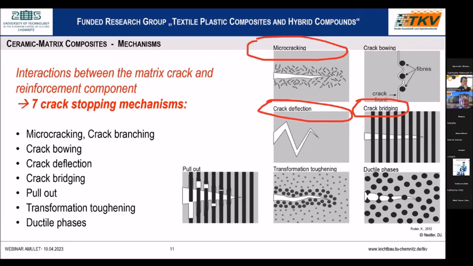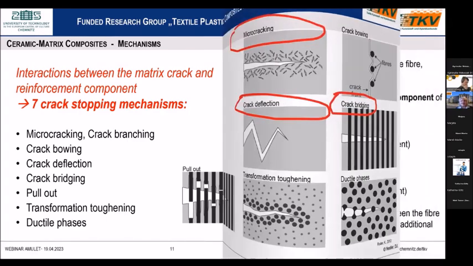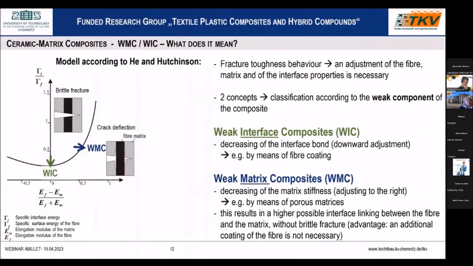It would be too extensive today to explain these mechanisms scientifically. That would be a separate webinar. I only want to give you some points for this, that we have here with these ceramic matrix composites a ductile material. In addition, the model according to He and Hutchinson